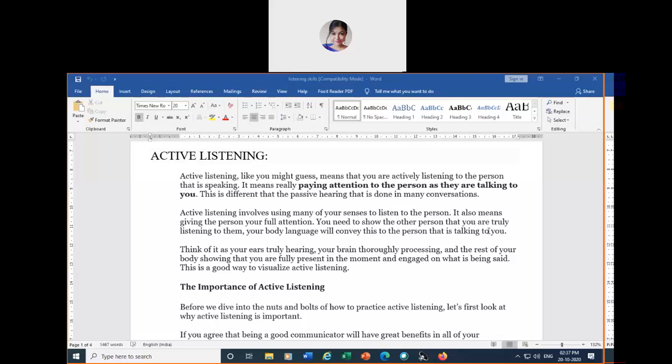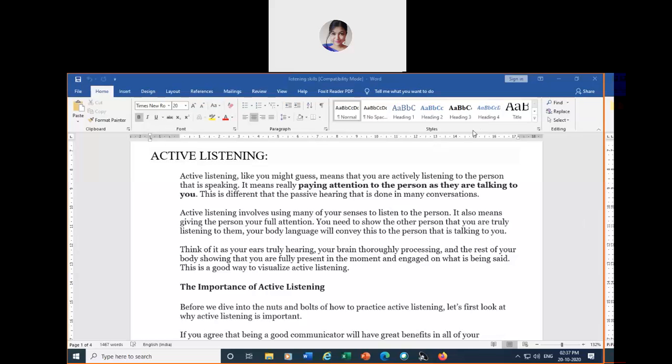Now, for example, if somebody is shouting outside, that is hearing, because you have not chosen to hear that. Because you have an ear and the capacity of hearing, you will hear that sound. You have the ability to hear everything around you, every sound, but you only choose to listen to a few things, a few sounds. So that is the basic difference between listening and hearing.